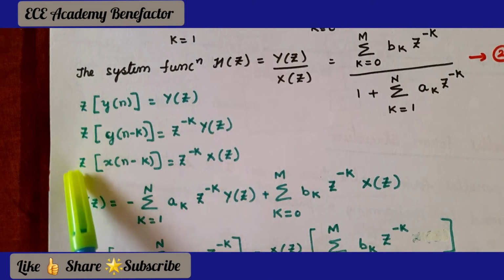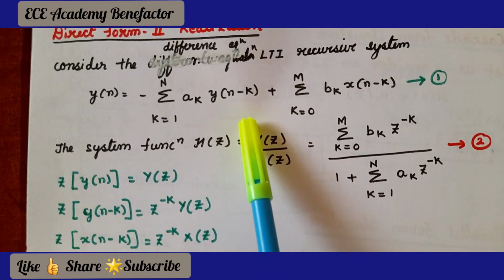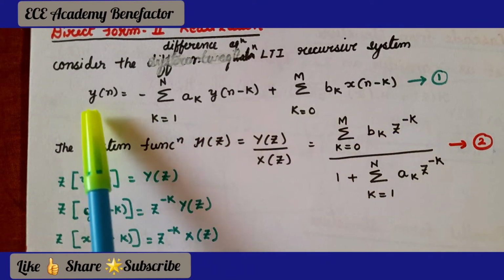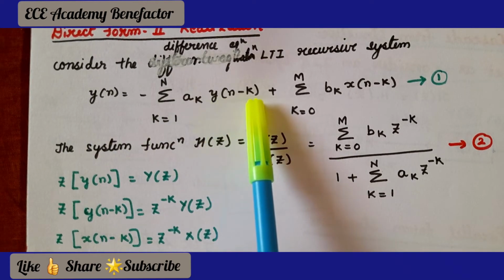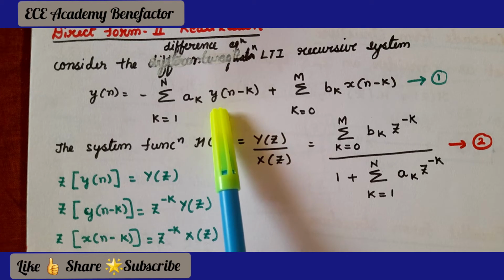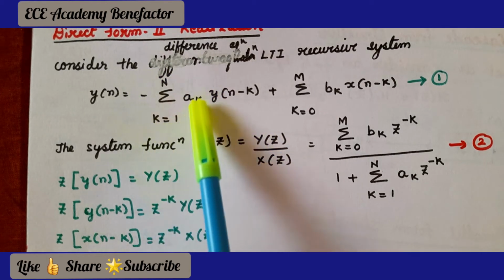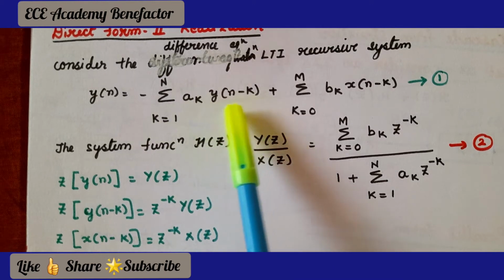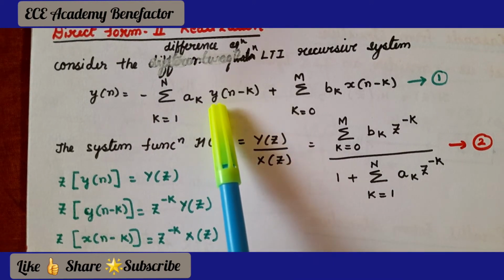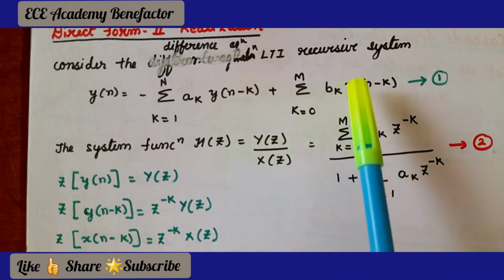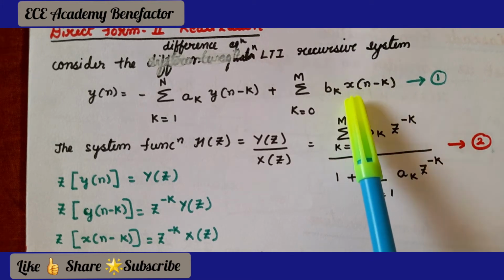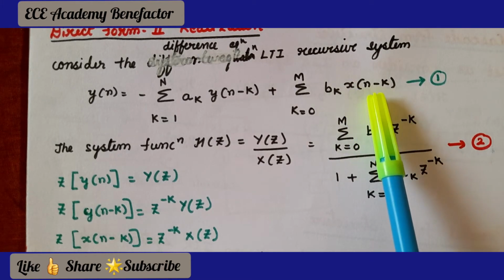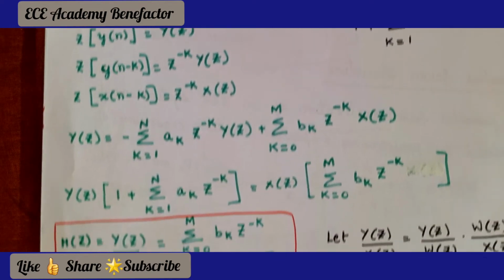So, these are the formulas which on substituting here, apply Z transform to this equation, what will it be? Y of n, Z transform Y of z. Z transform of this y of n minus k will be z to the power minus k Y of z. These are coefficient values, so no need to transform them; it will be applied to this y of n. This part is left because it is not related to the n part. So, we will apply Z transform to this one. So, Z transform of x of n minus k will give z to the power minus k X of z, which we have written here.